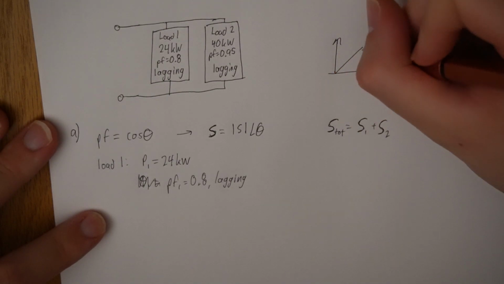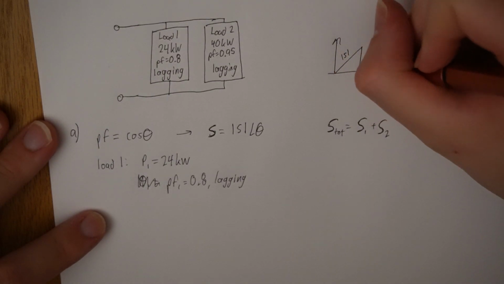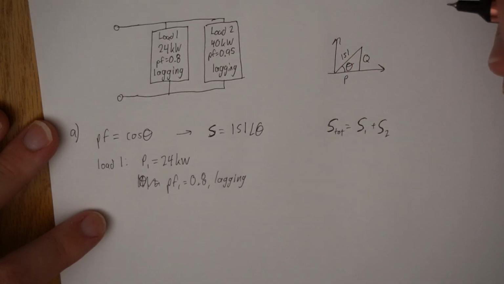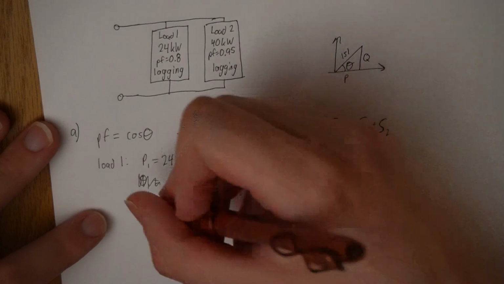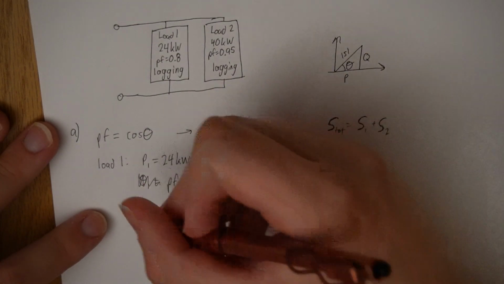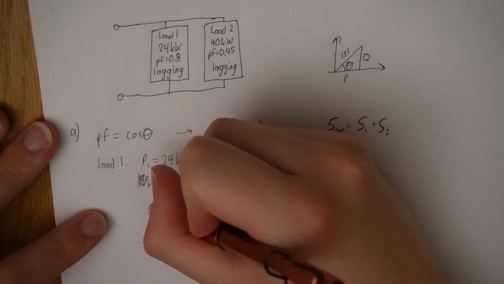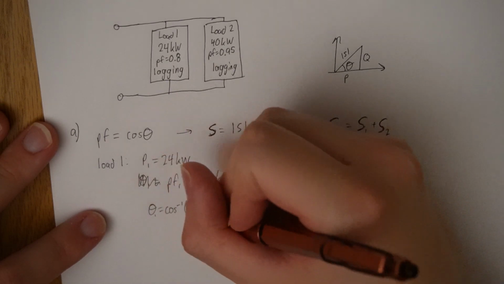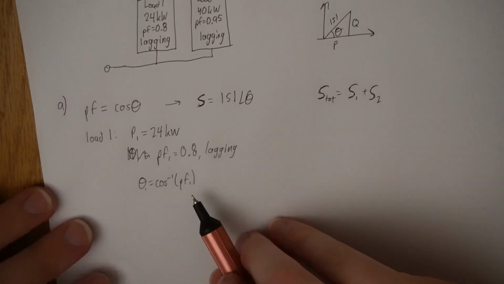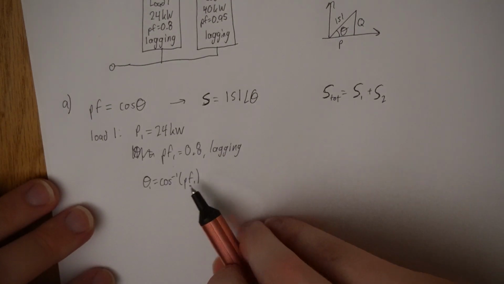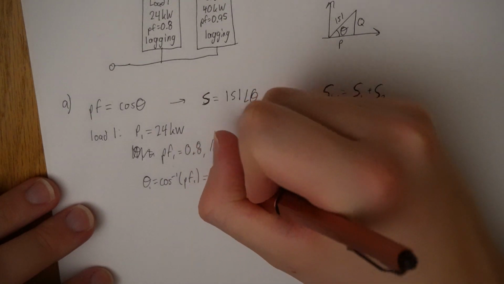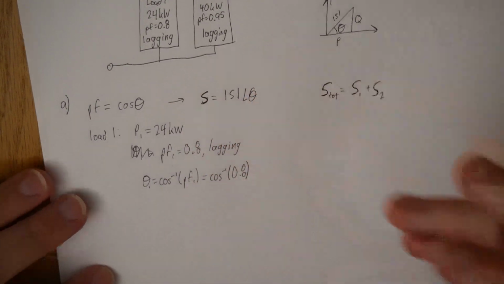I have magnitude of S, Q, P, theta. And how is power factor related here? Theta equals cos inverse of the power factor 1, and this will be positive because it's lagging. So cos inverse 0.8